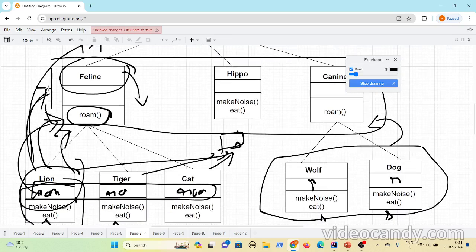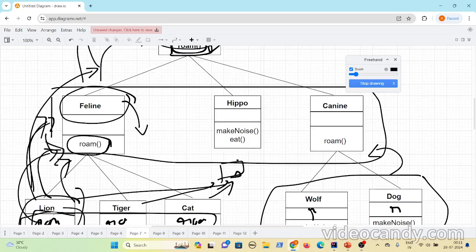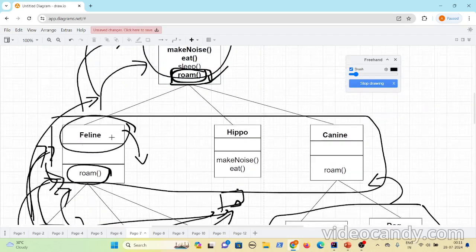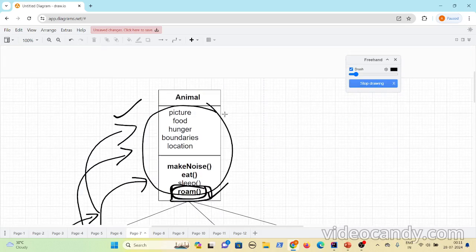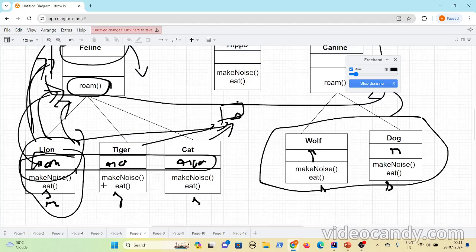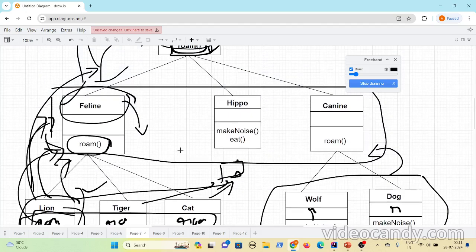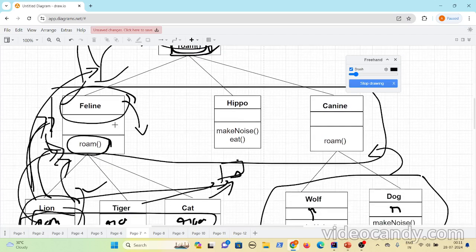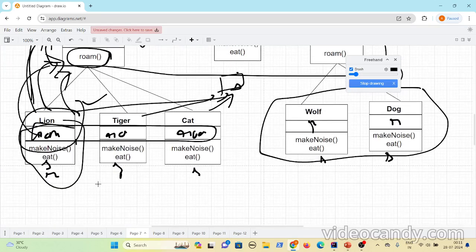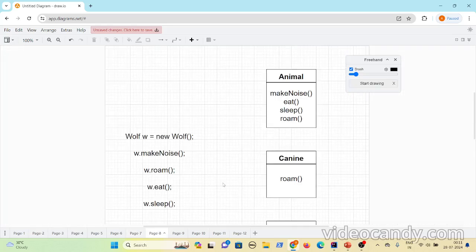Now lion is extending feline. So whatever logic, methods or instance variables are part of the feline will be reused by lion. Which means that here lion has a parent, feline, and this is the grandparent. Like you can consider with the family structure, this is the grandparent, this is the parent and this is the child. Grandsons and granddaughters can inherit characteristics from grandparents, because their parents inherit the characteristics from the grandparents. So automatically those will be inherited by the children as well, right? Let's see what happens here.